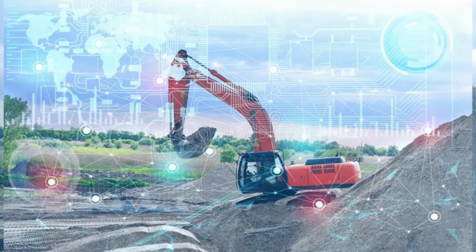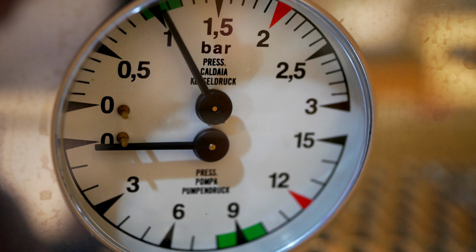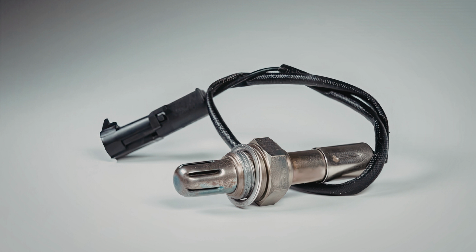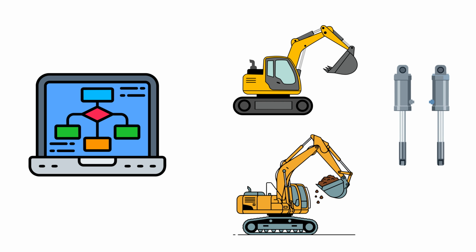These typically include hydraulic pressure sensors, flow sensors, cylinder position sensors, rotary encoders for swing motion, inertial measurement units, IMUs, engine speed sensors, and sometimes load estimation sensors integrated into the hydraulic system. Pressure sensors provide real-time information about the forces acting within the hydraulic cylinders, while position sensors track the motion of the boom, arm, and bucket. In some advanced systems, algorithms estimate bucket load by analyzing pressure differentials across hydraulic cylinders and the geometry of the